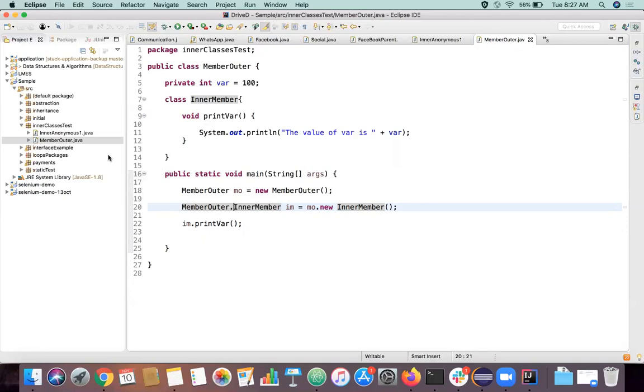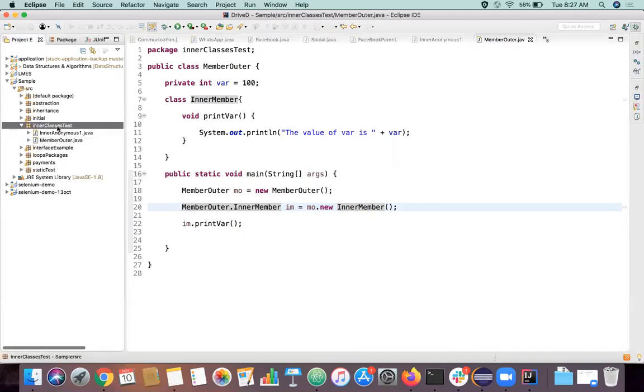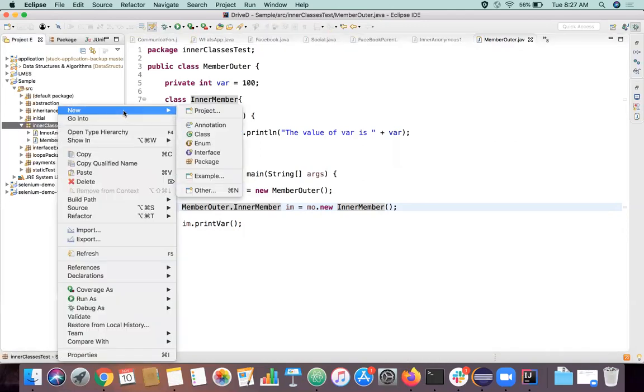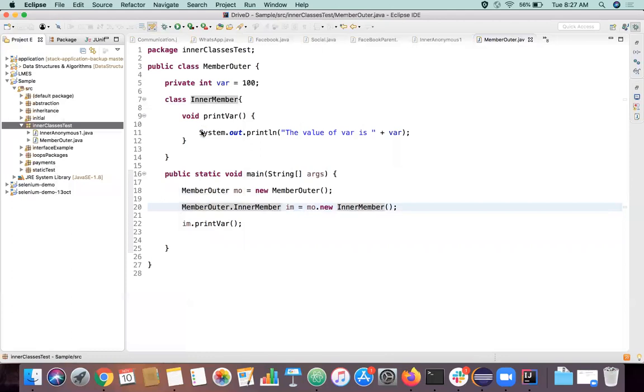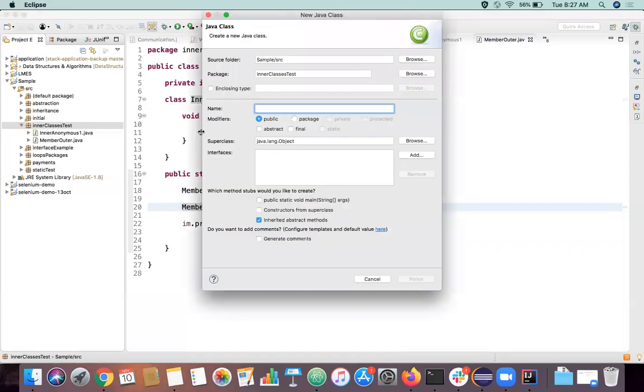So, there's one more type of inner class. Let's say I have a class like this, outer 3.